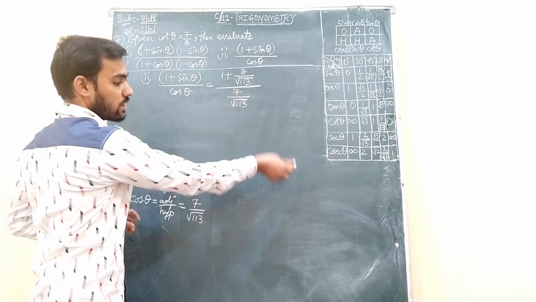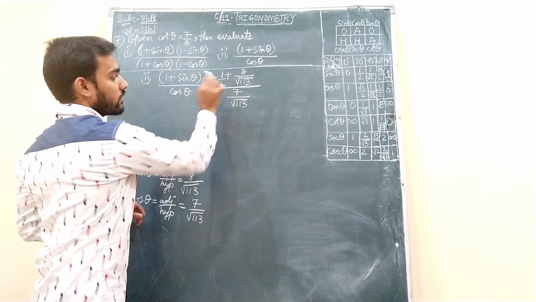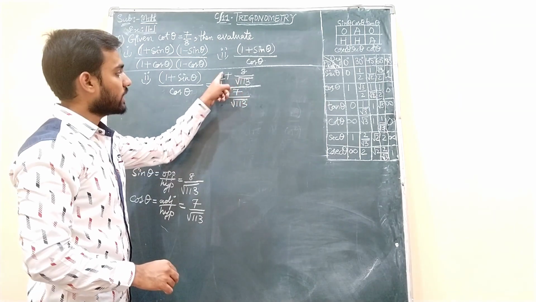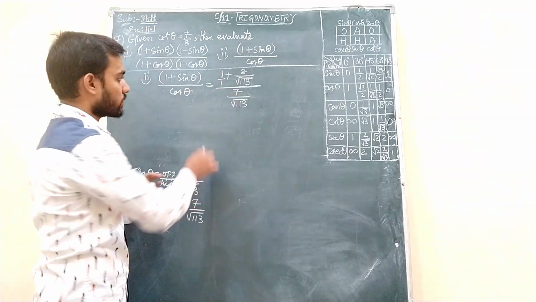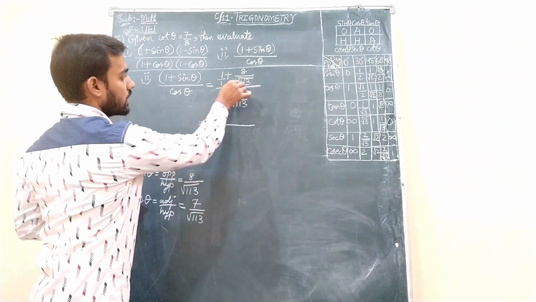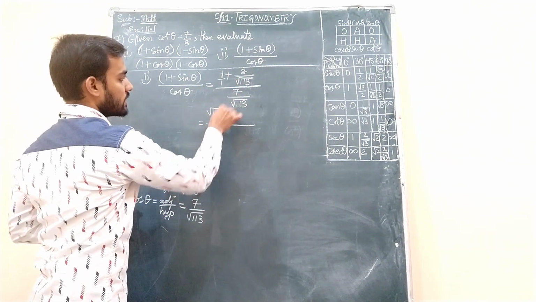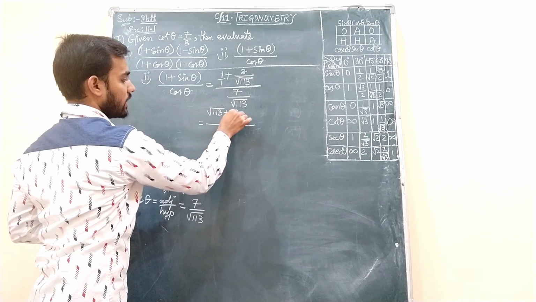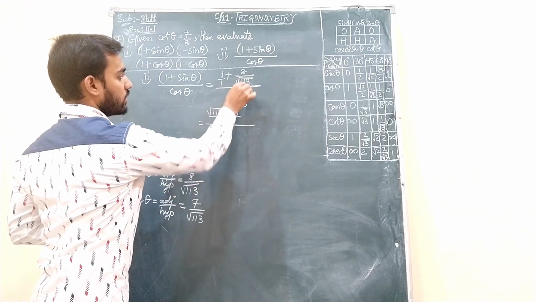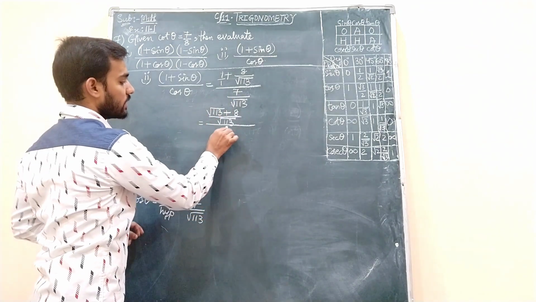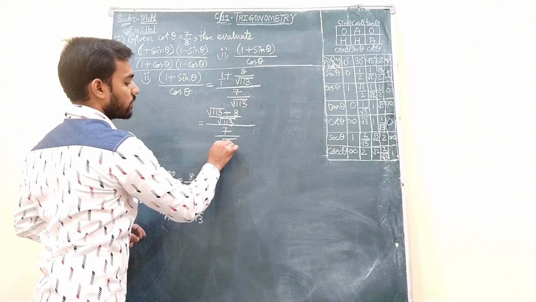In numerator, just now as we have done, here we have 1 by 1. So how do we have to add them? Numerator cross, denominators direct we have to do. So we will get here root 113 ones are root 113 plus 8 ones are 8, divided by 1 into root 113, which is root 113. And this denominator remains as it is, 7 by root 113.